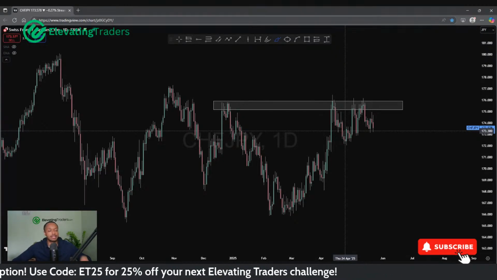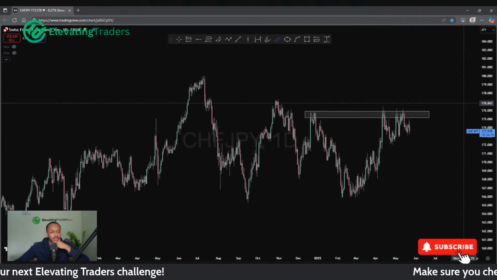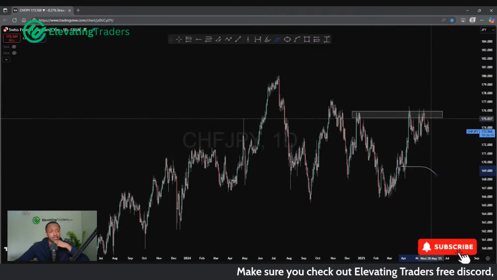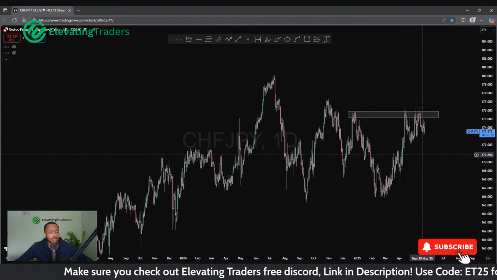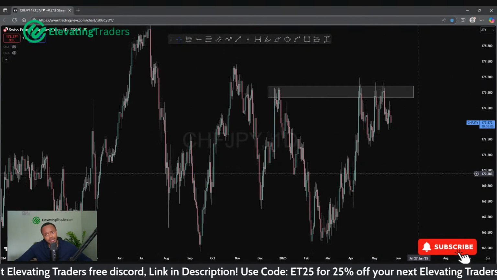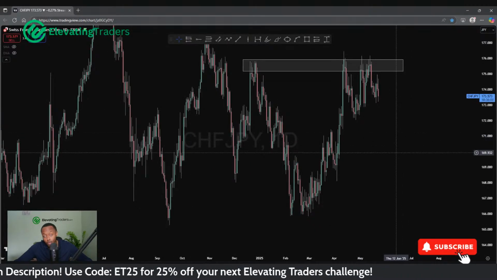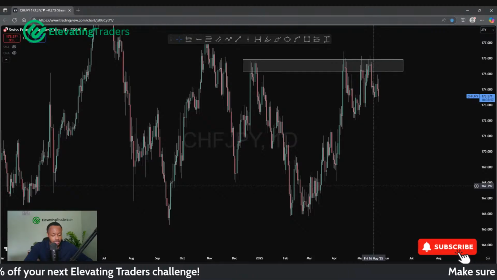at that price. Do I expect price to break it? Not necessarily. I don't expect price to push down. I'd actually lean towards more of that, to be honest. Another push like that, I think, is more likely than a break to the upside. So if that's the case, that means yen's going to have to be pretty strong and CHF's going to have to be pretty weak. Weak CHF, I can get behind. I'm still looking to buy quite a few CHF pairs.